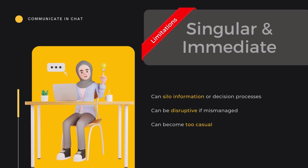Don't be tempted to flood colleagues with chat messages when you are not getting the reply you want with the urgency that you want. Lastly, chat can have the potential to become too casual. Ensure that you are aware of any acceptable use or electronic communications policies that are operating within your organisation, and be aware when communicating in chat that your organisation may have data retention or InfoSec policies which require retention or